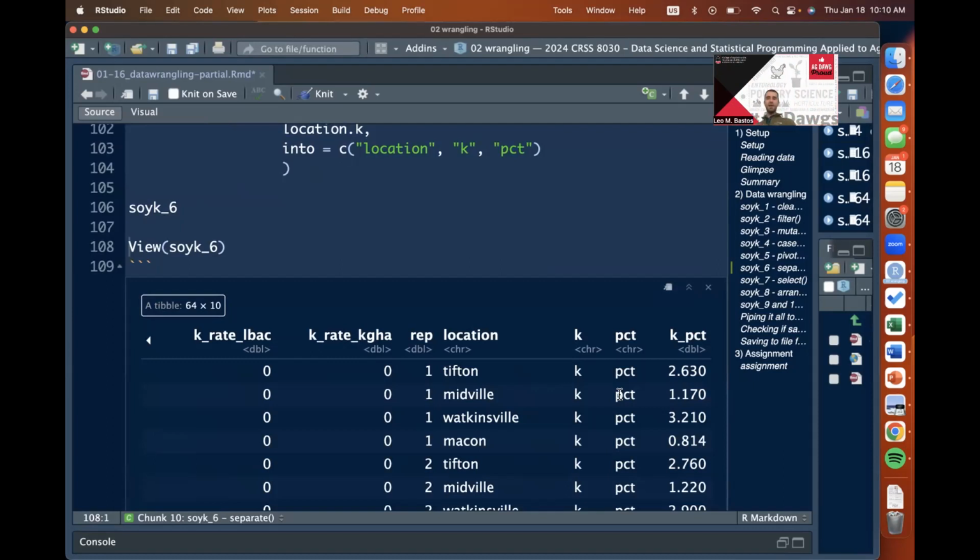That's fine, right? We don't have to collect things in a tidy format, but we need to learn how to make it tidy afterwards, which is what we're doing here. And if that's the case,